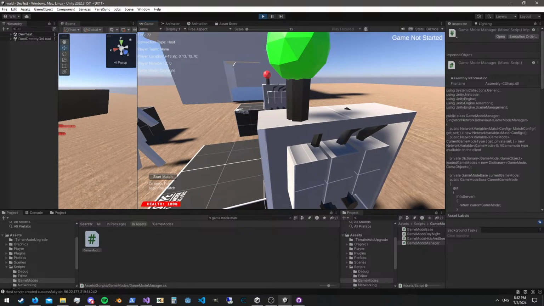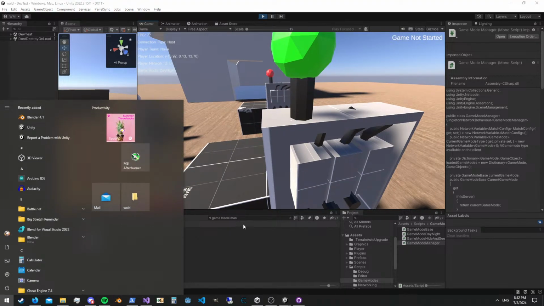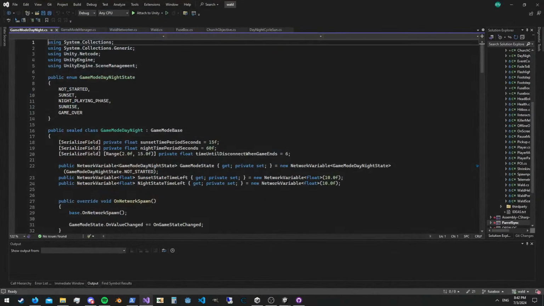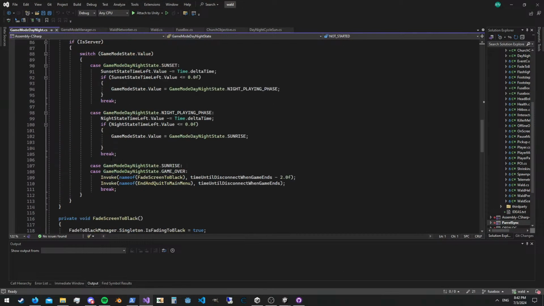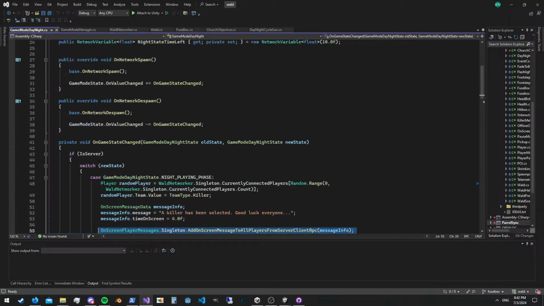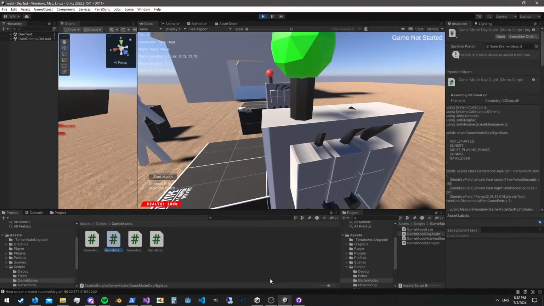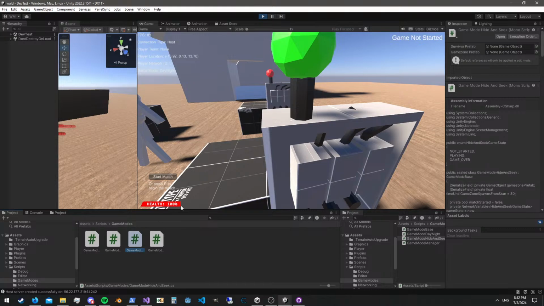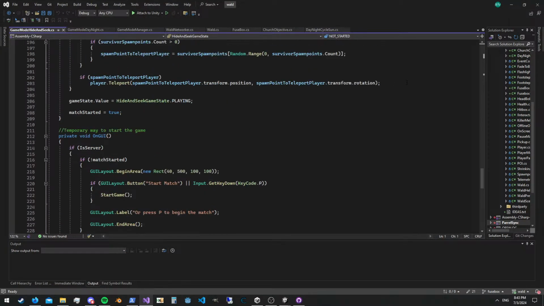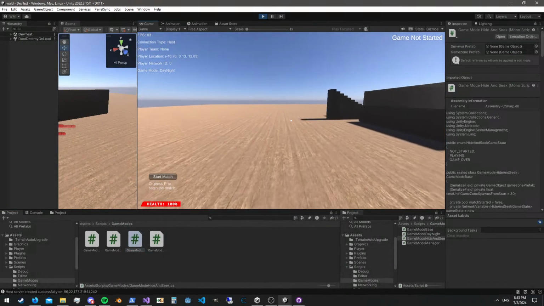And so what I'd have to do is basically have the game mode object or the game mode script, because each game mode has its own script that is associated to it. So for example, this one's the day night script. Let's see here. It's very simple. There isn't a lot going on. There are other more complex scripts like the hide and seek mode, which has a lot more, whatever, right? The problem is though,